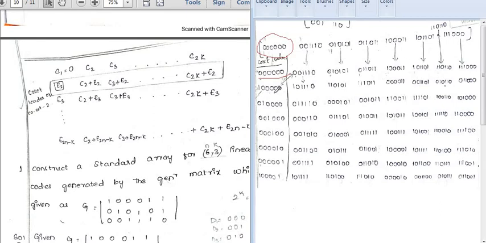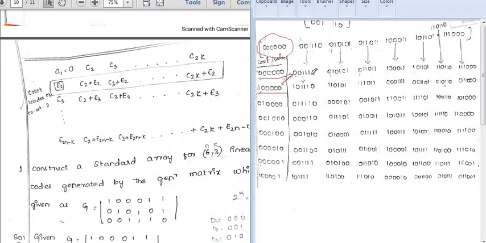You have to select your E2 such that it has the least weight, or the minimum weight. So what is the least weight here? I am going to add one at the leftmost part. So this E2 now has to be added with your code word. So what is this E2? 1, 0, 0, 0, 0, 0 plus your code vector. What is this code vector you are having? 0, 0, 1, 1, 0.